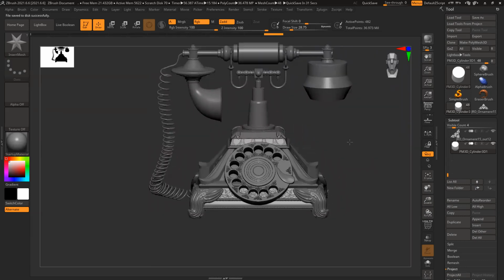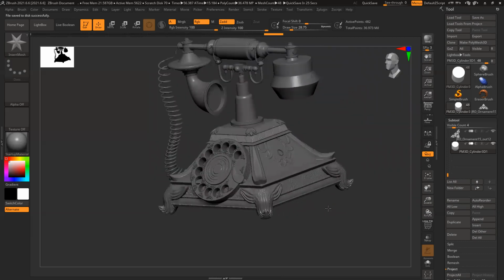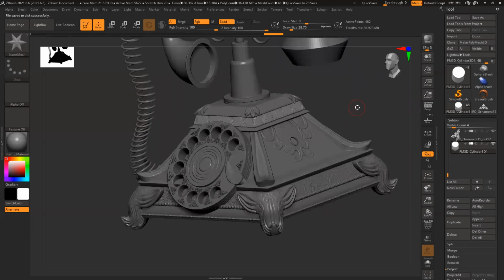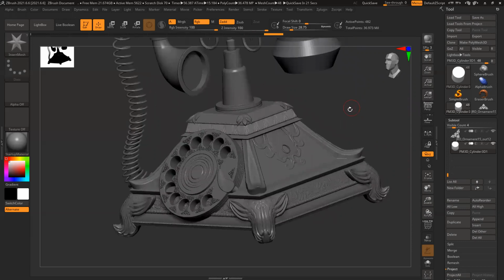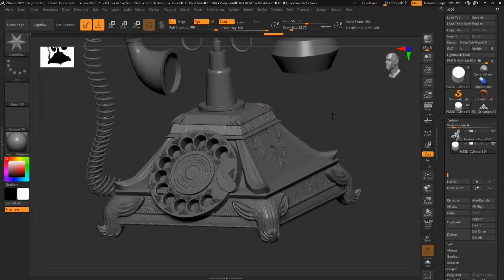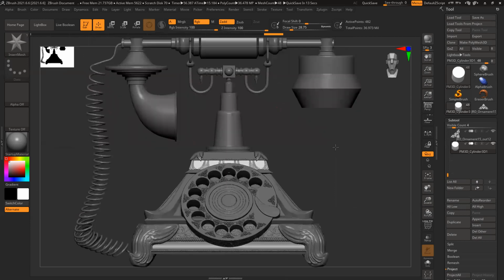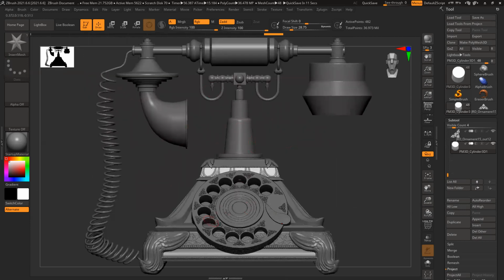Just save it. Now I have to optimize the model and decimate the entire mesh. So my basic structure and this design is ready.